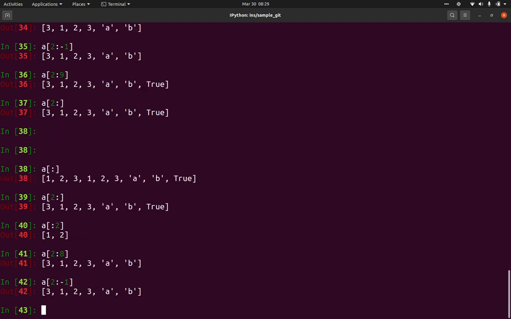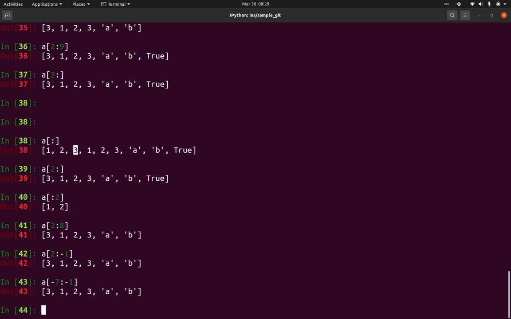Or negative indexing, the same way you can also use it like this. The negative indexing also works like this. If you are counting from backwards, this will be -1, -2, -3, -4, -5, -6, -7. If you want to start from this element till this element, this also gives you the same output. Depends upon your usage. You can use either positive indexing or negative indexing for slicing the lists.